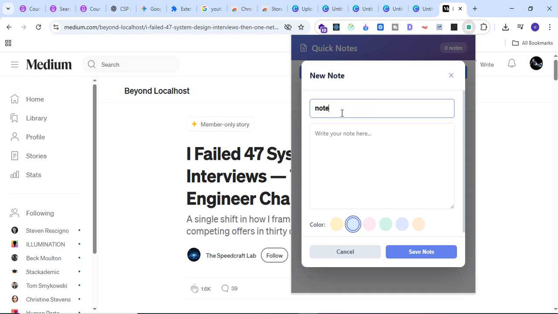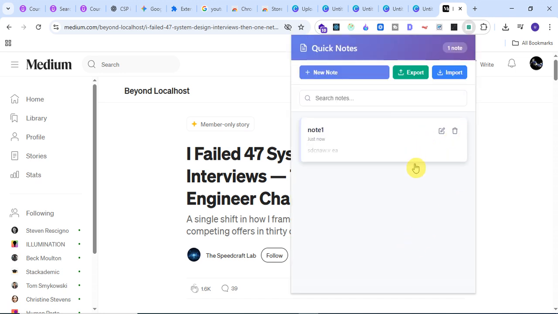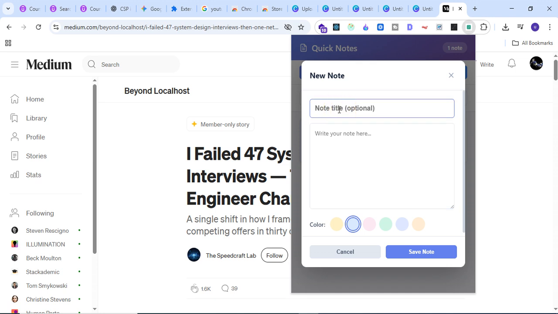note one. We can add whatever we want to do. We can select a color. We can save the note. It is saved. We can export this particular note, or we can add one more note like note 2,